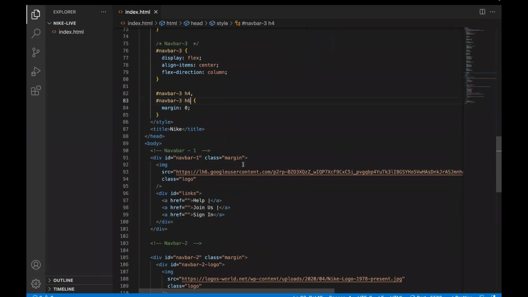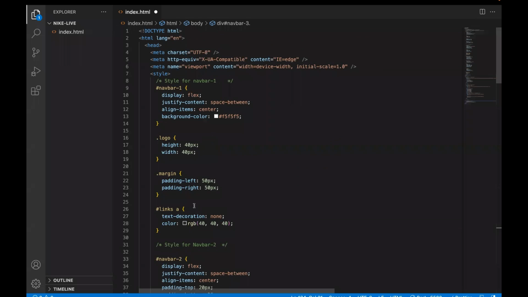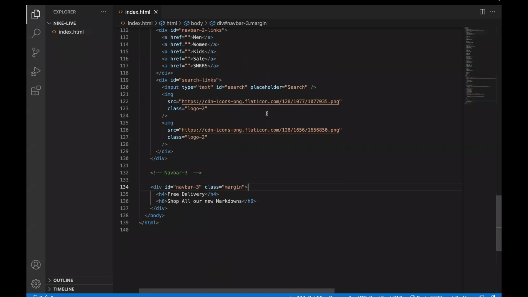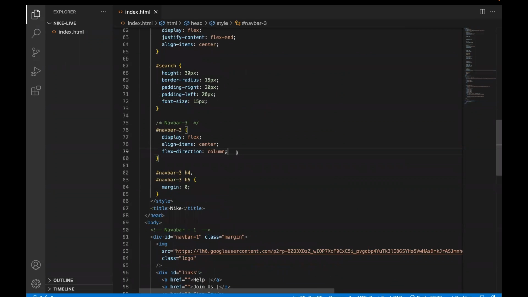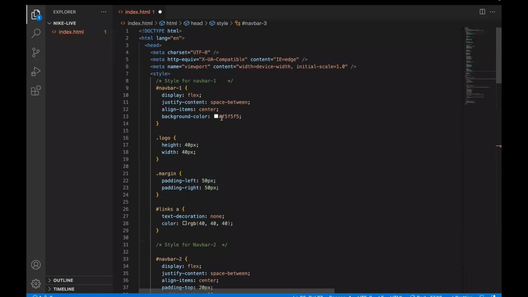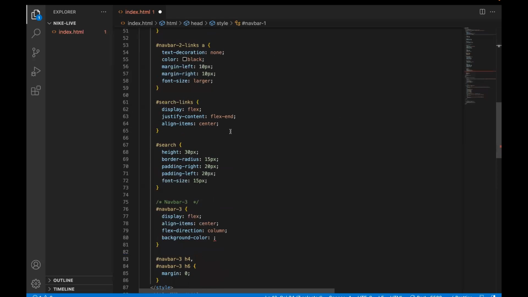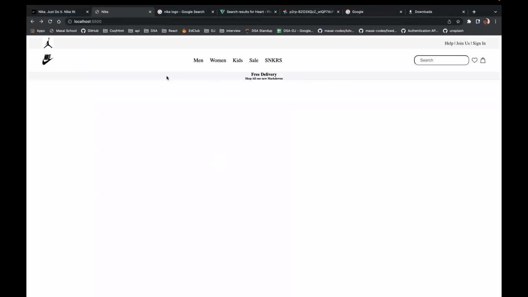The same thing here also in navbar part 3. The class will be whatever class we have given, the margin will be there, so that it will be padding left and right, and the background color is similar to the first one. See, here is my background color. If you look at it, it is good,